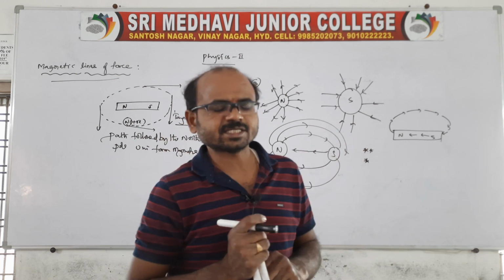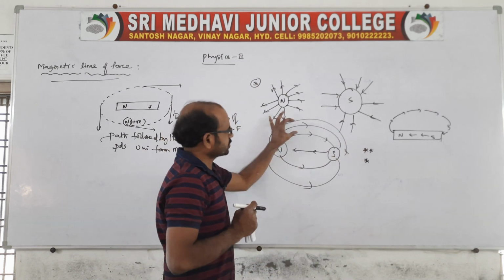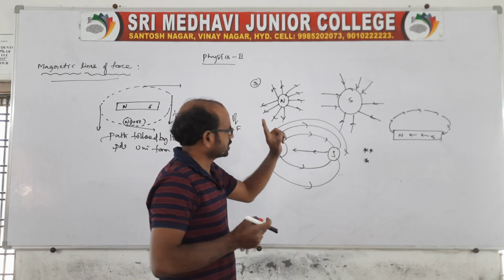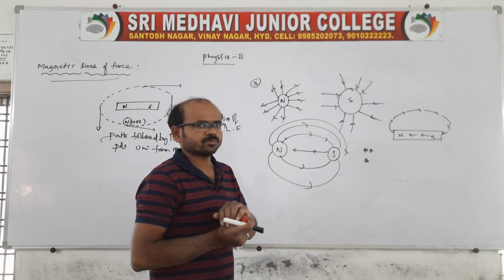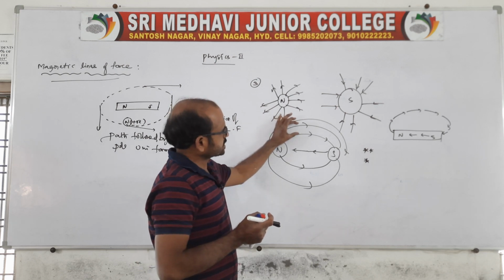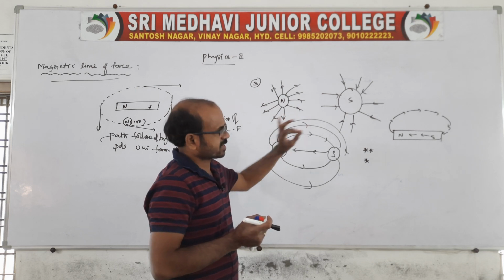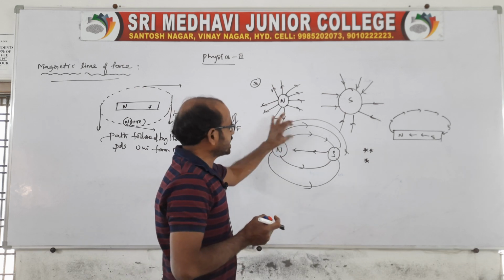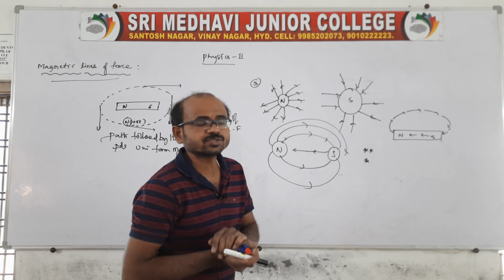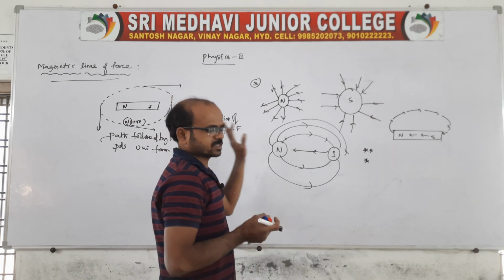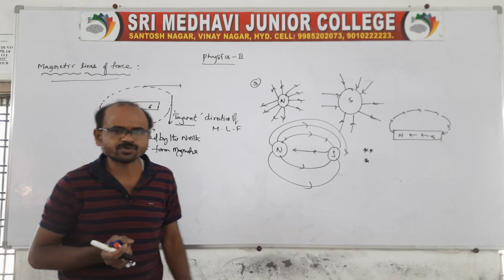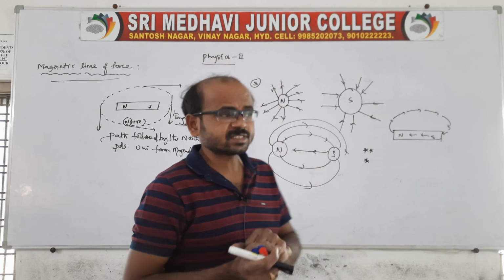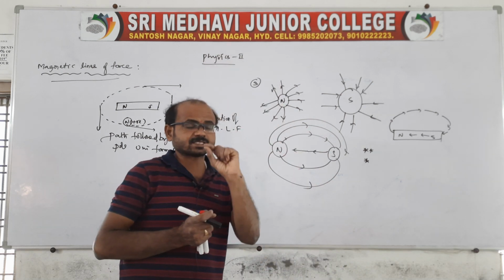Sir, if they do intersect, what will happen? At the point of intersection, we would get two directions and two magnitudes, which is not possible in one field. This is the reason, remember everyone: two lines of force never intersect. If they intersect, there we would get two magnitudes and two directions, which is not possible. Not only in magnetic lines of force, you can go for electric lines of force, equipotential surfaces as well as streamlines. It is there in the first year.